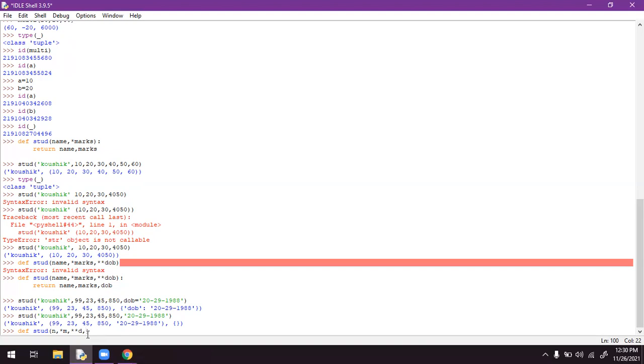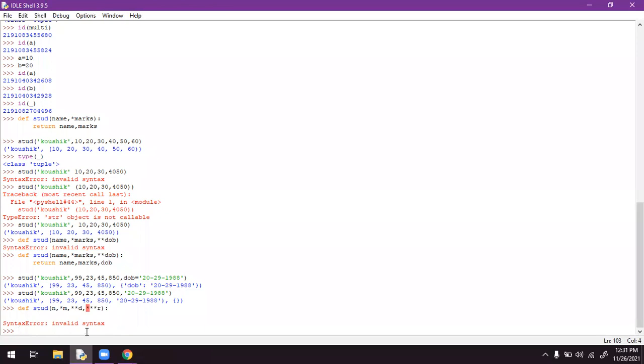Let me show you that error. 3 stars and a roll number. I'm closing this one. See, we are unable to get the output. We are unable to define the inputs. So in order to define 4 variables, what do you have to do? You have to take 2 stars only.